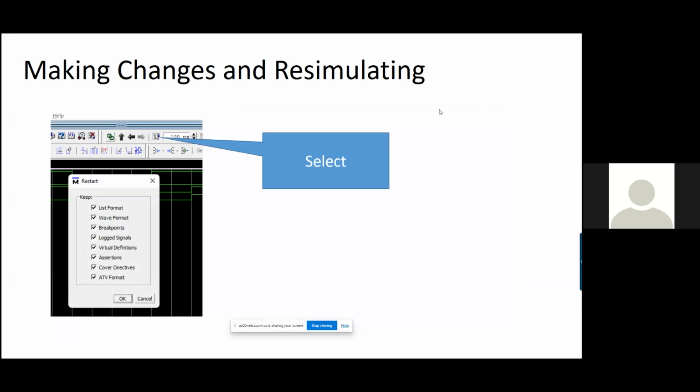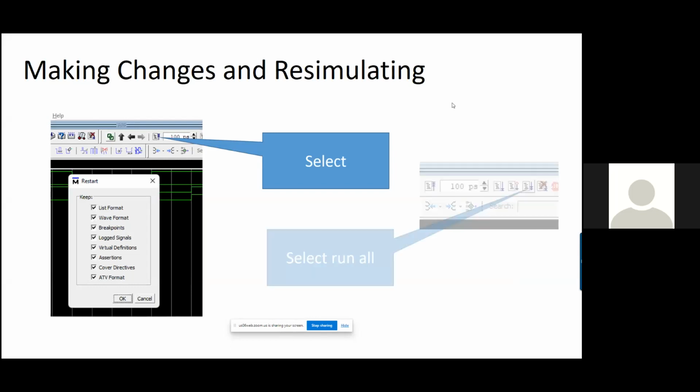In the restart dialog, a list of parameters is given: list format, wave format, breakpoint, lock signal, virtual definition, assertion, cover directives, ATV format, etc.